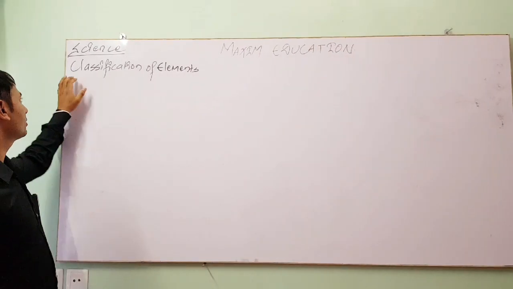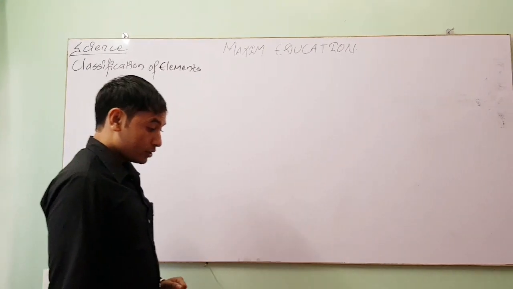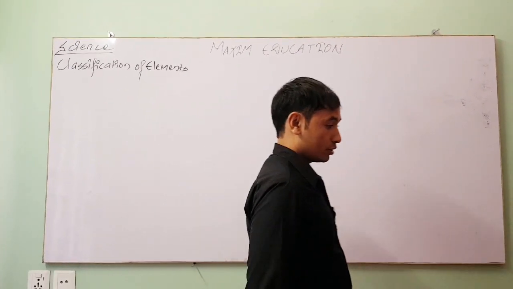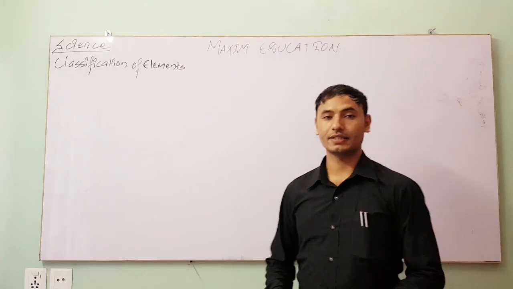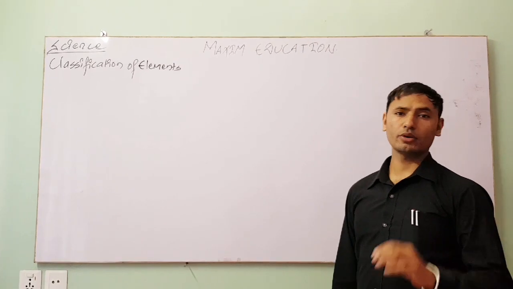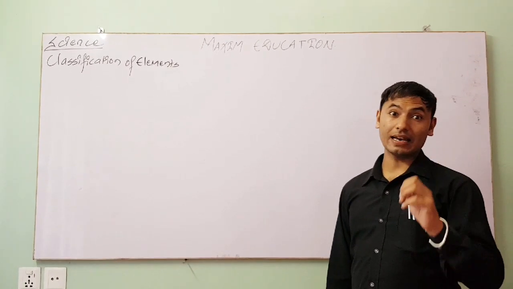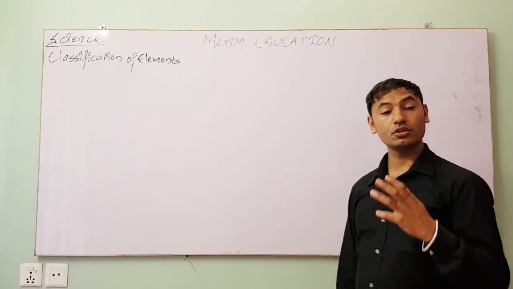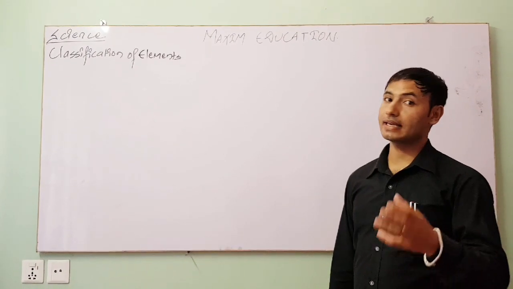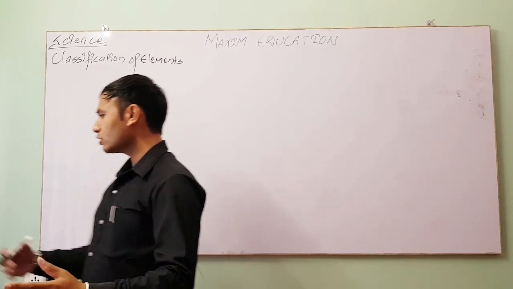In today's video we will be talking about classification of elements. Classification of elements started after the 19th century. Before the 19th century very few elements were discovered, and when there are fewer elements it is very easy for us to study their physical and chemical properties. But after the 19th century, what happens, a lot of